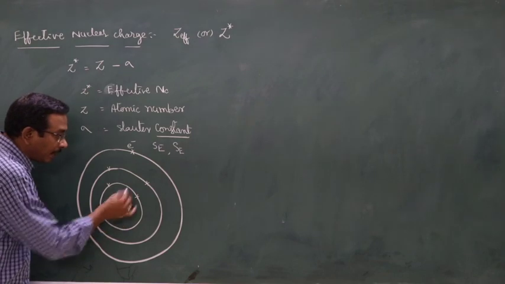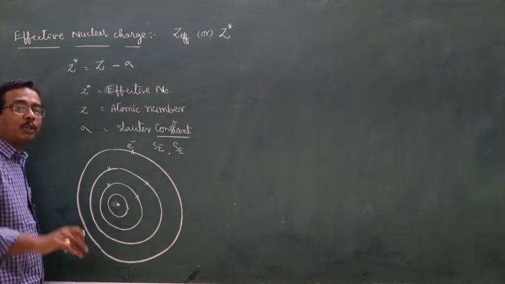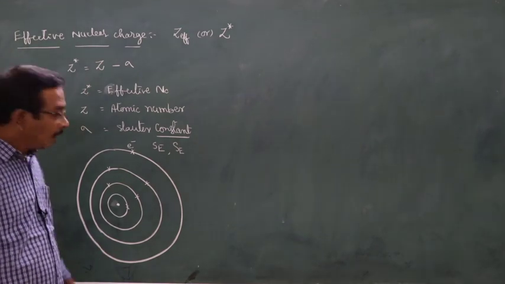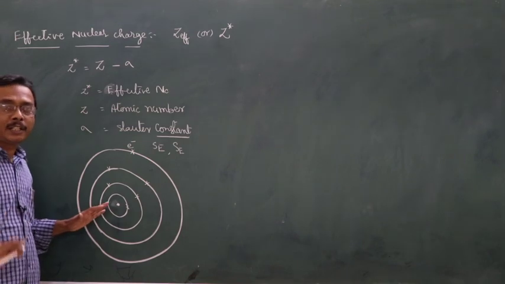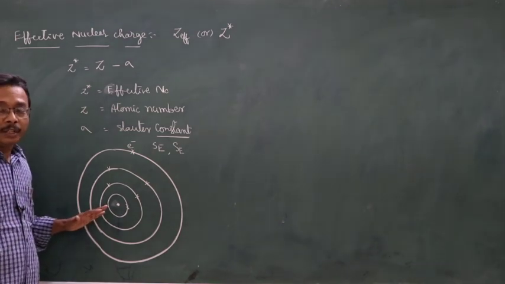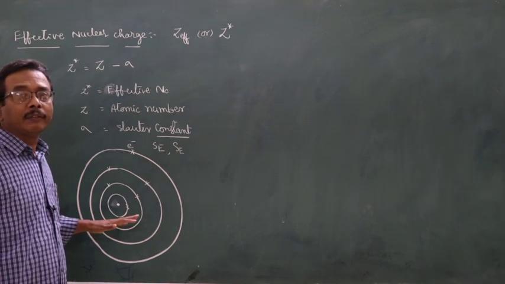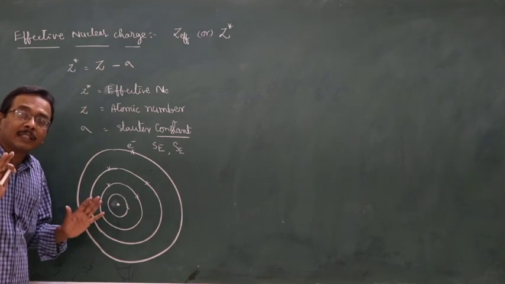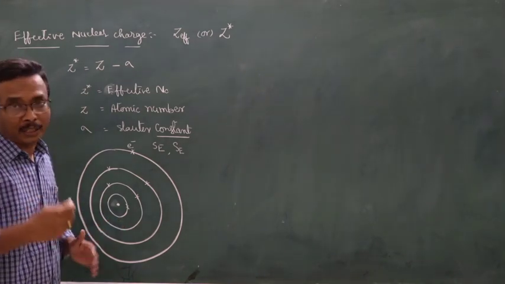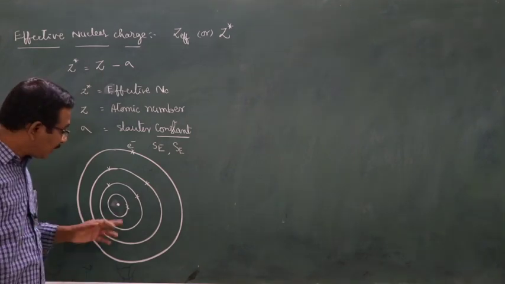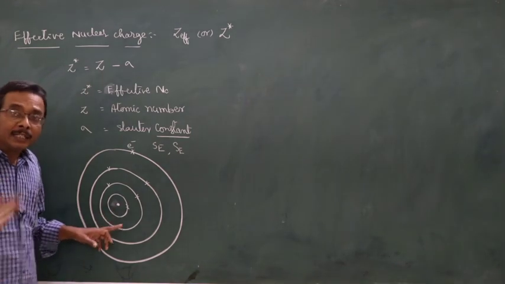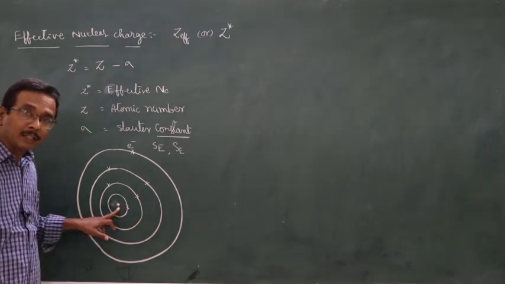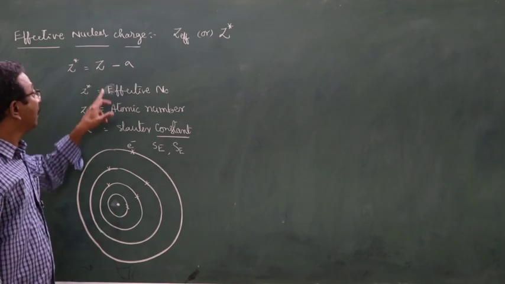At the same time, in an atom, inside the nucleus, both neutrons and protons are present. That is supposed to be the mass number. But neutrons are chargeless particles, or particles with neutral charge, whereas protons carry a positive charge. So here the nuclear charge means the sum of the number of protons. The sum of the number of protons in an atom is nothing but the atomic number. Here the nuclear charge is nothing but the atomic number.